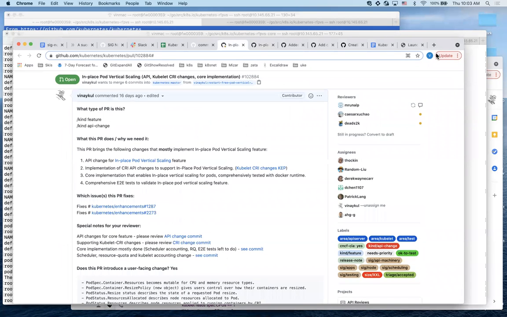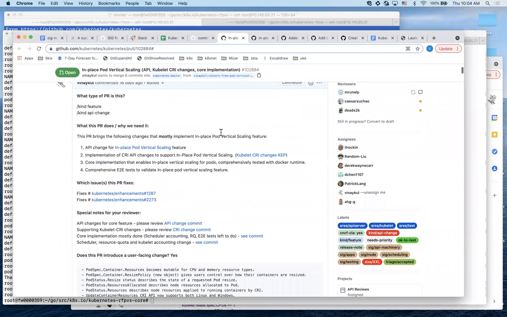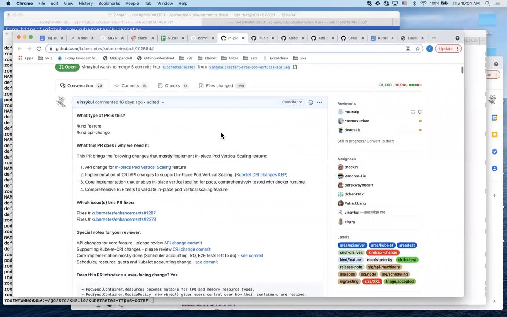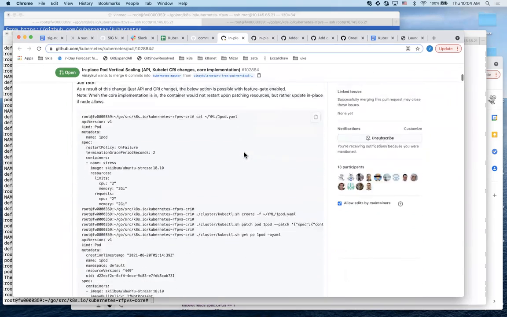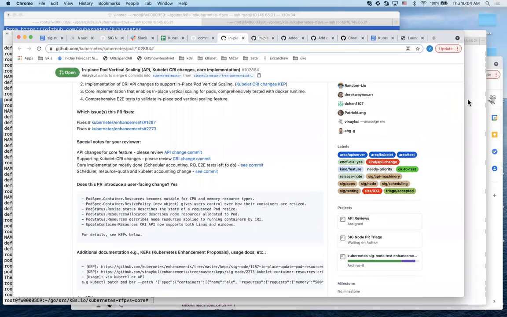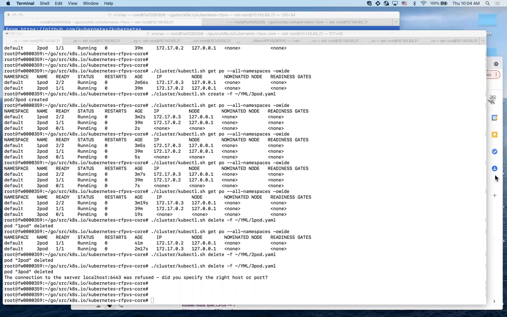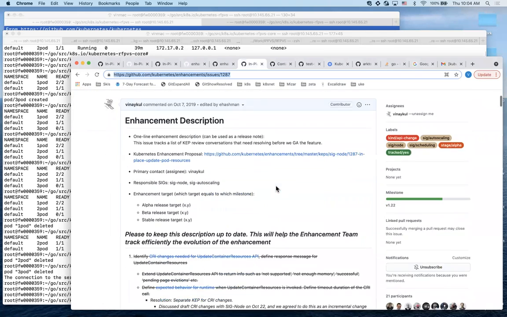So, this is the updated code review. It's based on the previous iteration, and the design changed a little bit. Just to give a brief overview, let me go over this here. This is the KEP number 1287, and I think the main